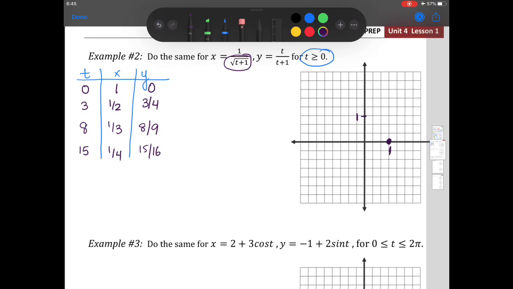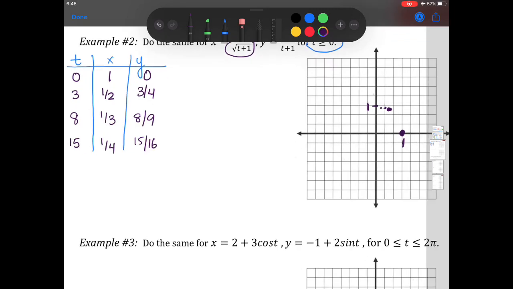right? Then 3 and 1/2 and 3/4. 1/2 is right here, 3/4 is right here, right? And then 1/3 and 1/9, 8/9, which is less than 1. Do you agree? Then 1/4 and 15/16,